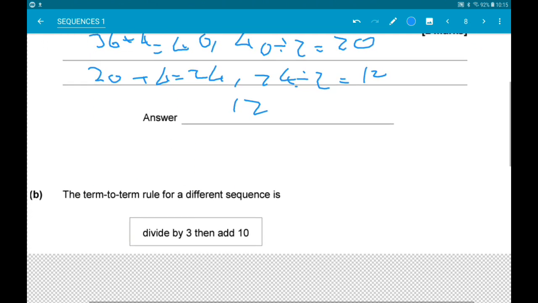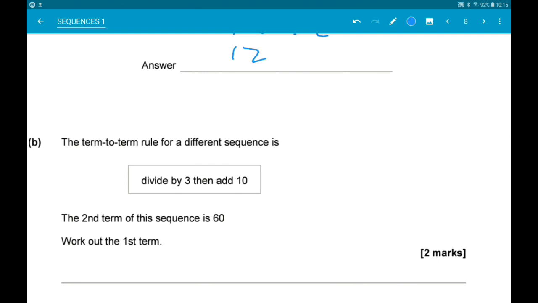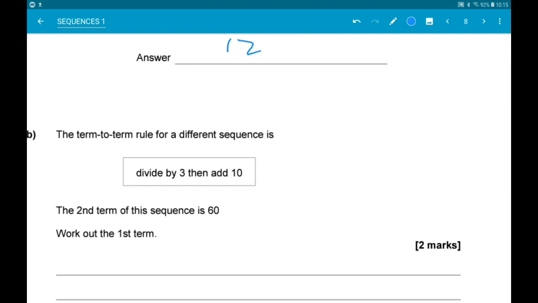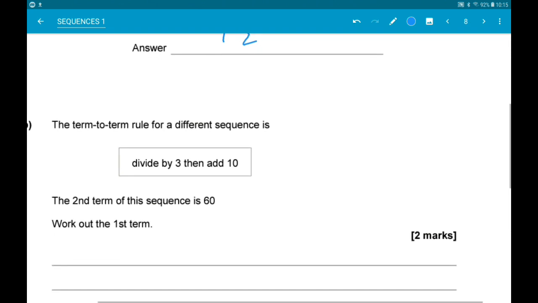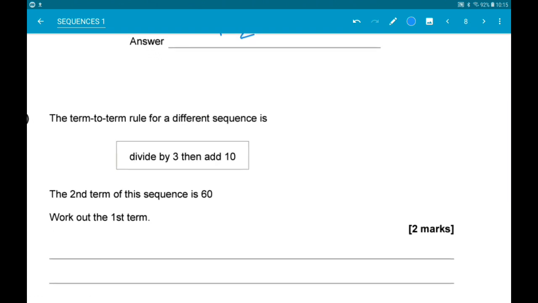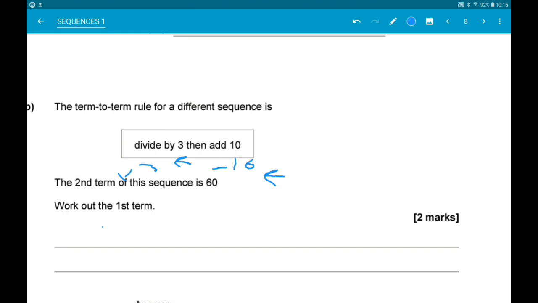Okay, then for part B, the term-to-term rule of a different sequence is to divide by 3 and then add 10. The second term is 60. We want to work out the first. So again, we have to work backwards through the rule. So subtract 10 and then multiply by 3. So 60 minus 10